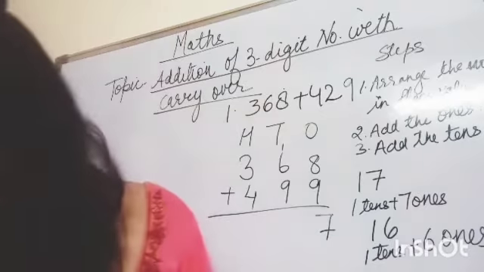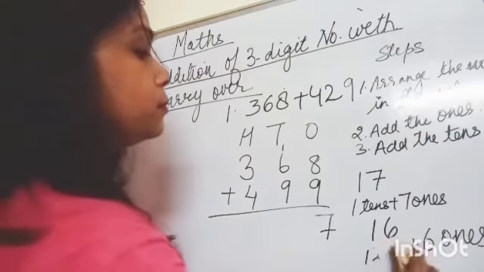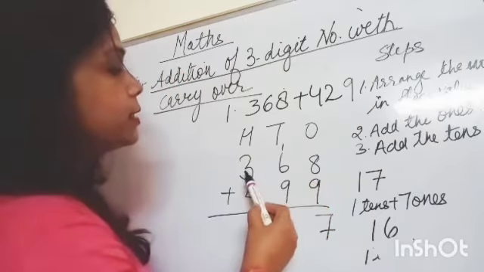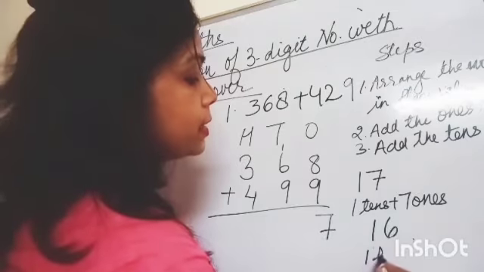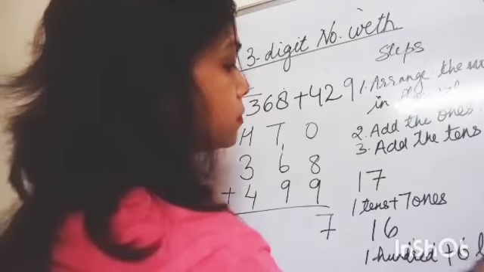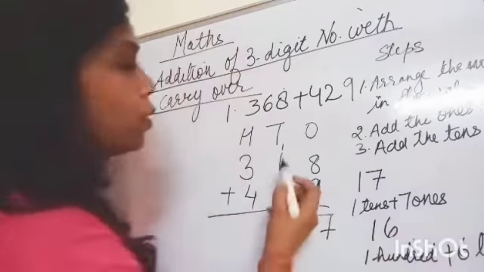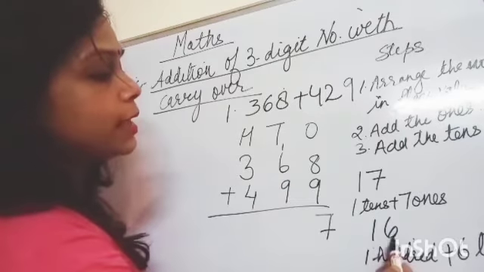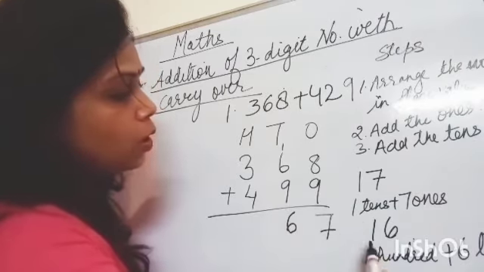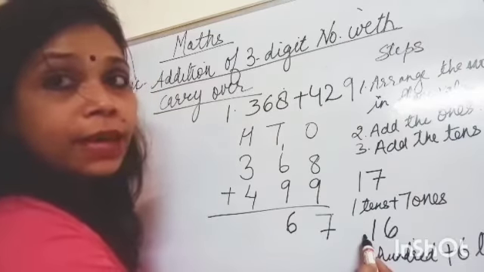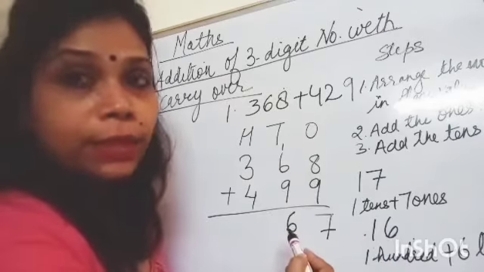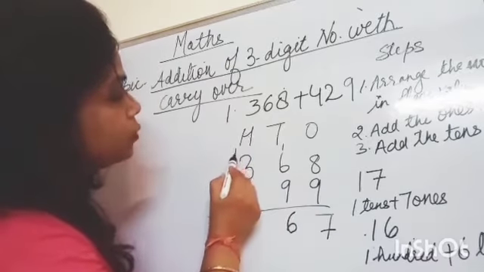It will become 100. This is the tens and this is the hundred. Because in 16, the 6 is in the tens column, we will write 6 in the tens column. The 1 of the 16 is in which place? The hundreds column. So this 100 will be carried over to the hundreds place. We will just carry this one to the hundreds place.